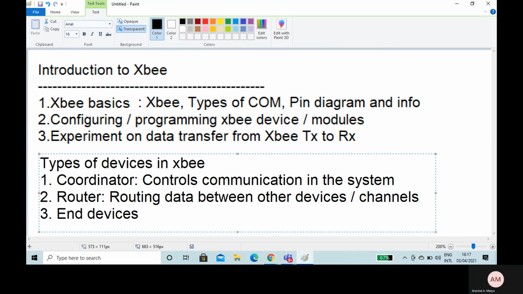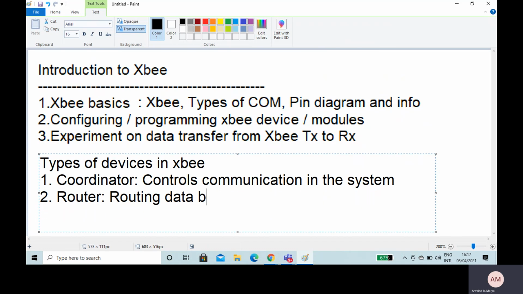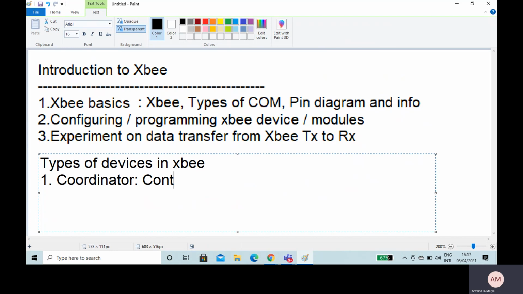End devices, as I mentioned, are the various sensors and different actuators used in the proposed system. So these are the different types of devices used in an XB based system.